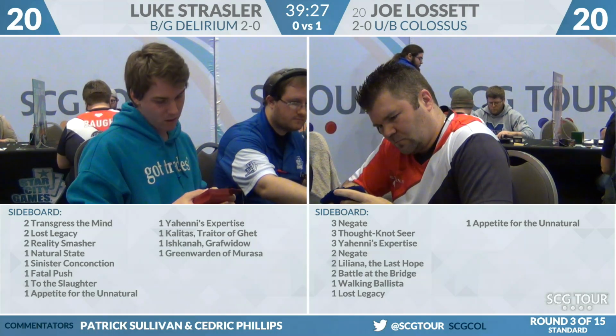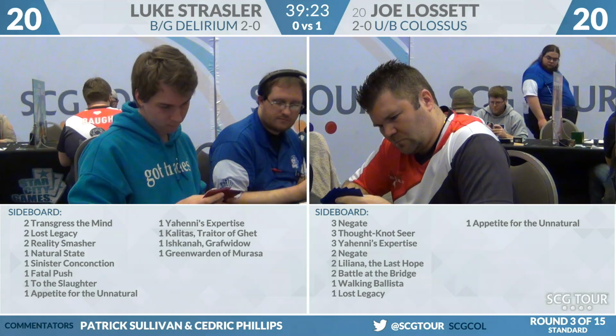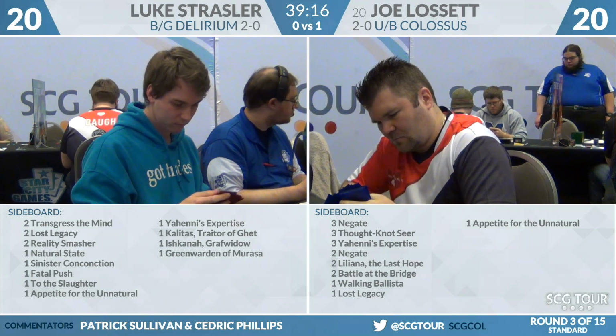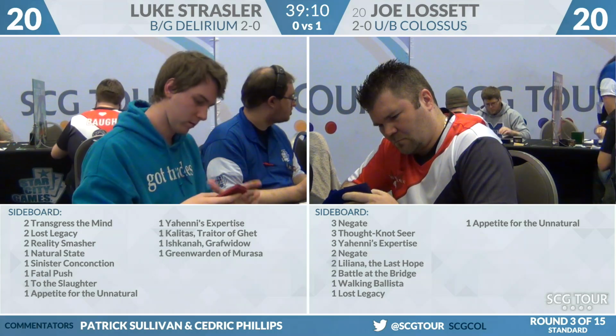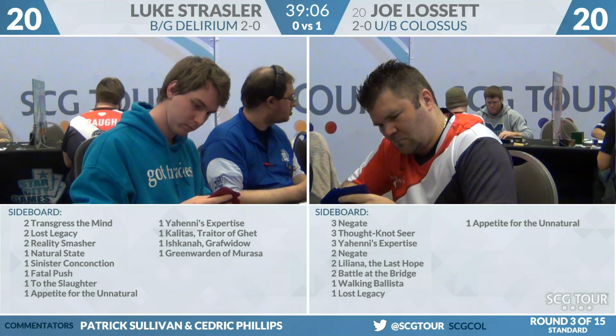Other side of things here for Joe. 3 Negate, 3 Thought Not Seer, 3 Yahini's Expertise as well. A lot of players playing that card in their sideboard this weekend. 2 Negate, 2 Liliana the Last Hope, 2 Battle at the Bridge, a Walking Ballista, a Lost Legacy, and an Appetite for the Natural on the splash. So I like the 1 copy of Walking Ballista and the 2 Battle at the Bridges here. It's just more interaction. You can make an argument for bringing in the Negates and the Thought Not Seers, but